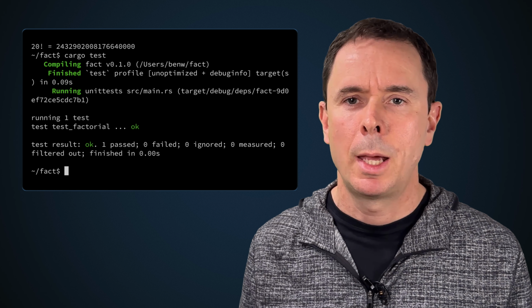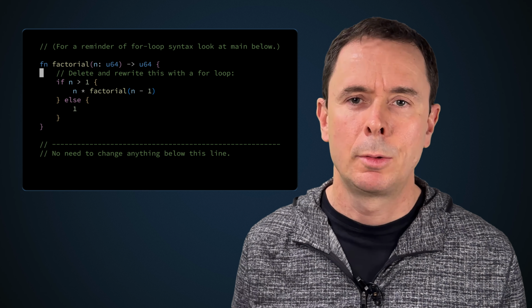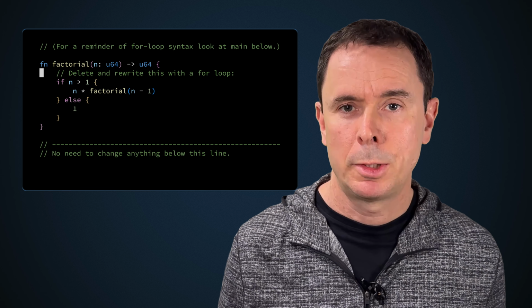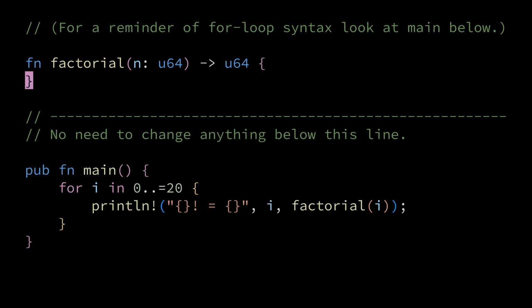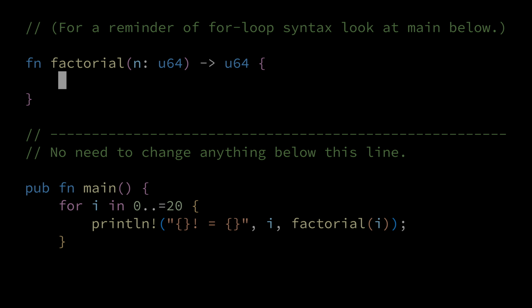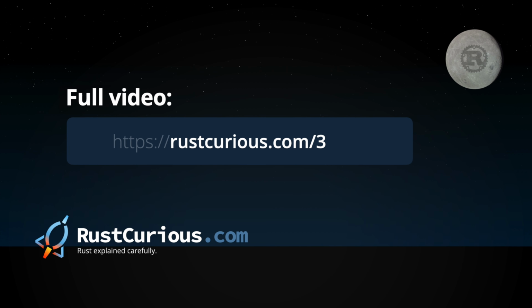Okay, and now to actually solve this exercise. So right now, factorial is a recursive function. Our job is to remove the recursion by rewriting it with a loop. So I'm going to delete the function body that's here, and we'll start with a mutable variable. Let's call it x. We'll initialize it to 1. And then we're going to iterate, we're going to loop, so for